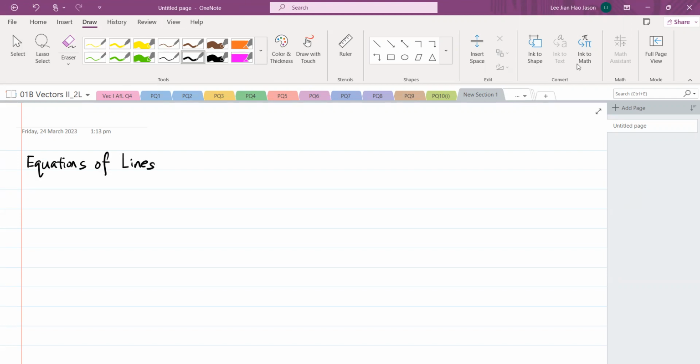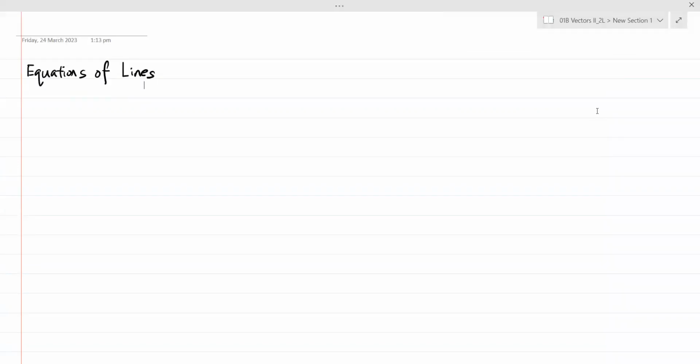Okay, so let's talk about lines first. How many forms are there for the equation of a line? Okay, so what's the first form? Okay, parametric. What are the other two forms? Okay, so let's focus on lines first. So for lines, there's parametric. What else? Scalar product. Is scalar product a form for the equation of a line? So scalar product is for planes. Okay, so we have vector form,